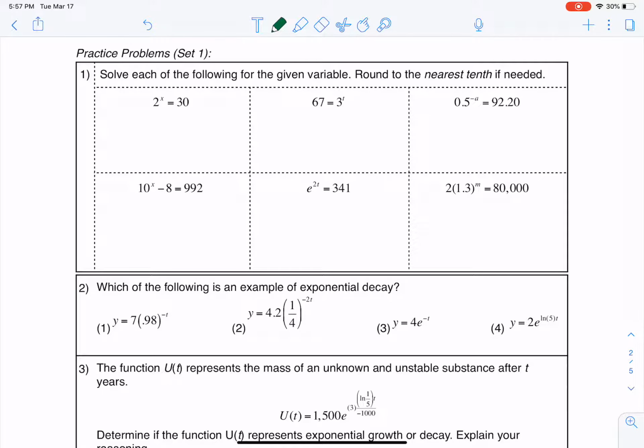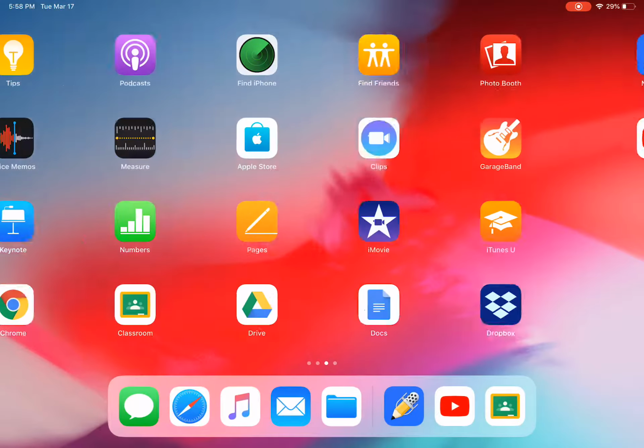So if we look at question 1, which is a question you're assigned to do for homework. One thing I'll point you towards is that the notes that you should look back at are from Unit 8, Lesson 5. If you don't have your notes with you, I'll point you to where you can find those on the Google Classroom. But I'll just make a note here. This is from Unit 8, really Lesson 5. So in the Google Classroom,